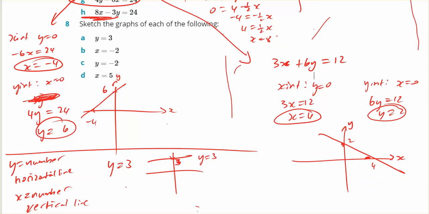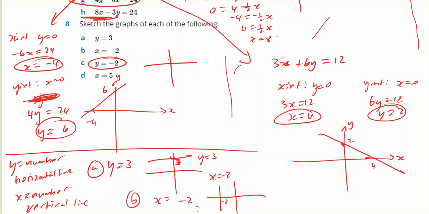Okay. For b, x equals -2. Similarly, it's a vertical line and it's cutting the x-axis at -2. So that's the equation of the line x equals -2. So for C, this is a horizontal line that cuts the y-axis at -2. So this is the equation y equals -2. And x equals 5, it's a vertical line that cuts the x-axis at